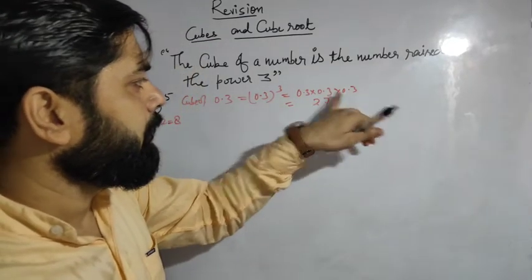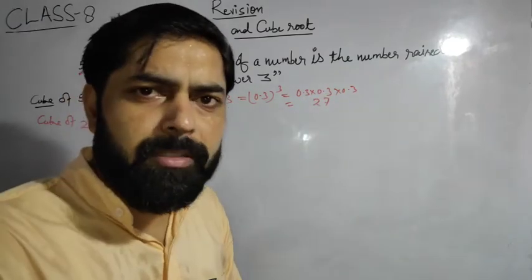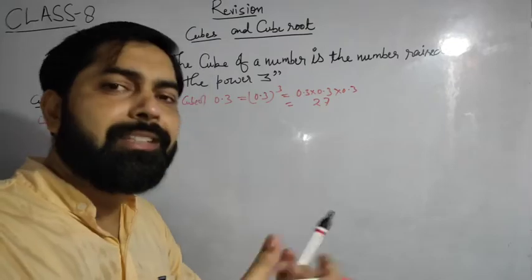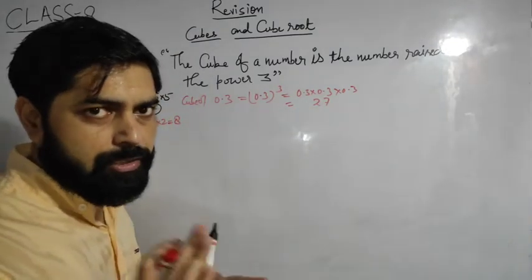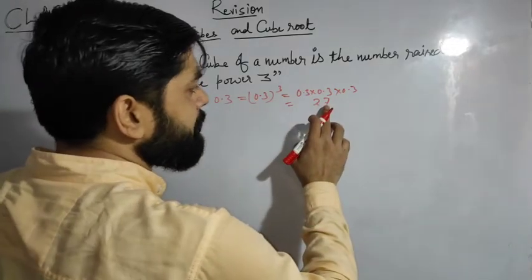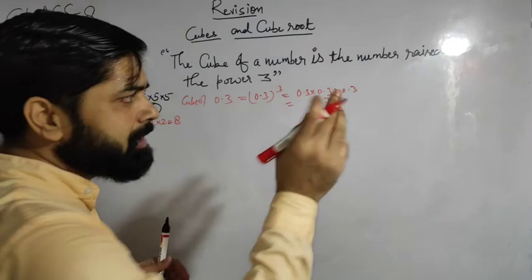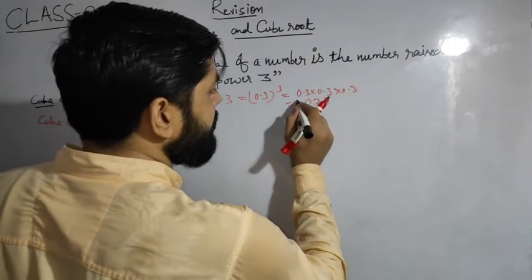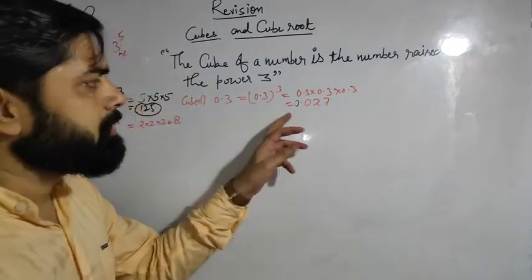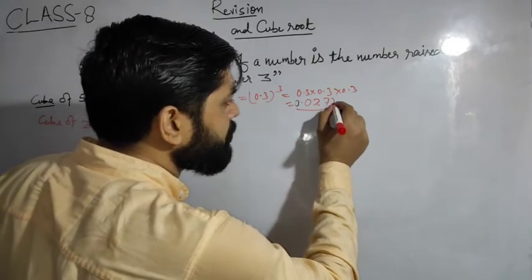Look here, how many numbers are there? 3 numbers. So where will the decimal be used? After 3 digits from the right-hand side, and you know the decimal rule. So this is the right-hand side, 1, 2. But here 1 digit is less, so we need 1 digit. So we can use the 0 and write the decimal, and then the answer will be 0.027.